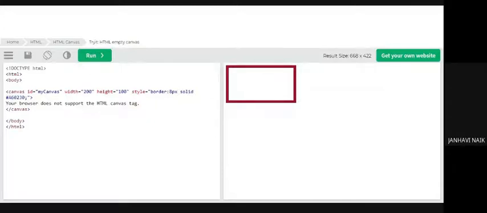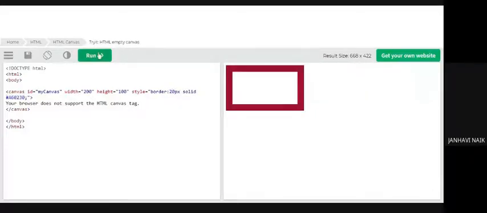So this is what this is. I've specified the color. This is a semicolon since I've ended. So this is the color which I've specified. This is the border thickness. If I say 20. This is the width and the height. So if I say 100, again it will change. And if my browser was not a higher version browser, then it would have displayed this particular sentence saying that your browser doesn't support the HTML canvas tag.